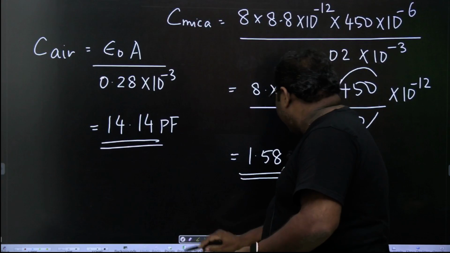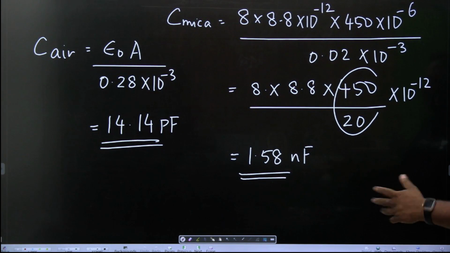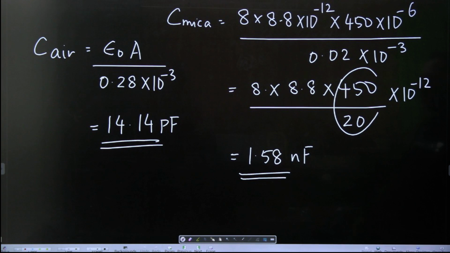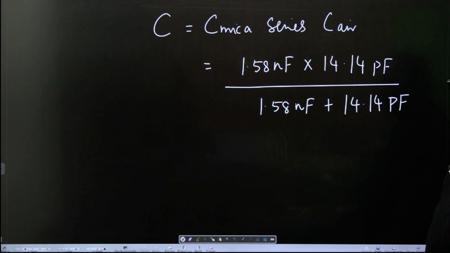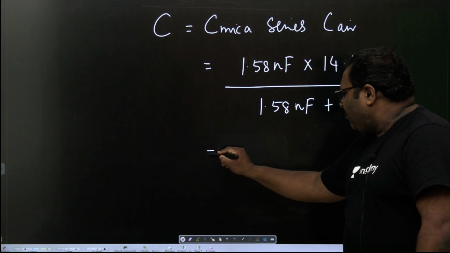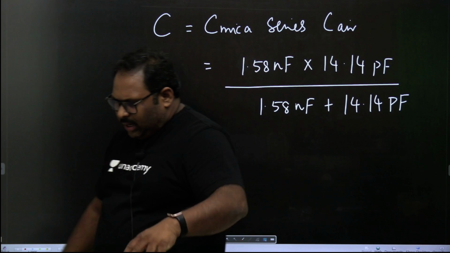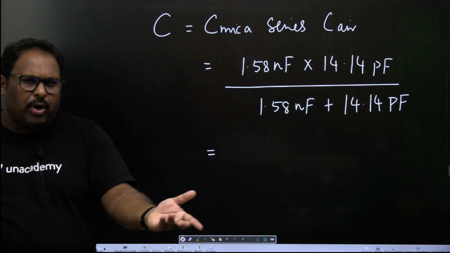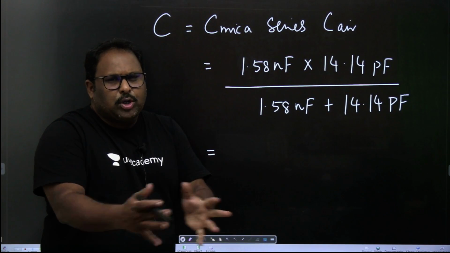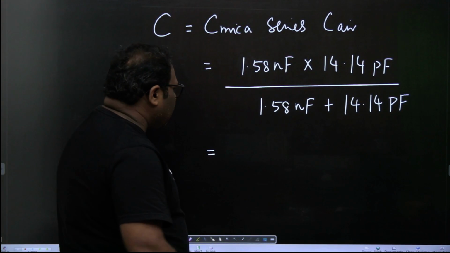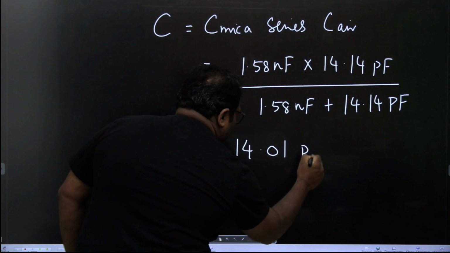That's what we got in the previous calculations. Yeah, 1.58. So since they are in series and capacitors are opposite to resistors, so opposite करने के बाद this is what you get. So ये तकरीबन I think it will be coming very close to this 14.14 only. क्योंकि ये जो formula आती है ना वो लगभग results in the smaller one. When a bigger one and a smaller one you do such a formula, it's approximately close to the smaller one. And I think it's 14.01 picofarads.